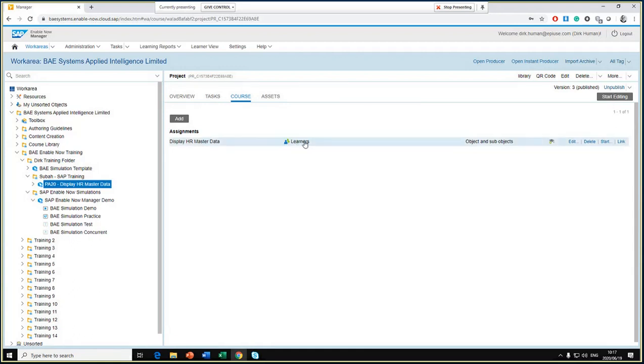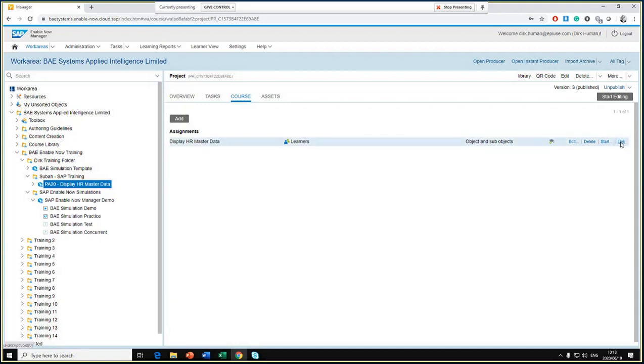If you created more than one learner group, so let's say we had specific groups of learners, so HR, payroll, finance, whatever different groups you would like to create, you can do different assignments. So you can have the HR content assigned to HR learners, the payroll content assigned to payroll learners, and you can go and create an assignment for each of those learners, and it will create a generic link for you,